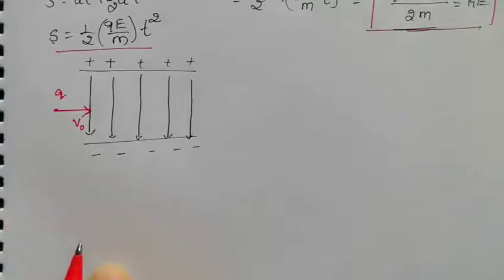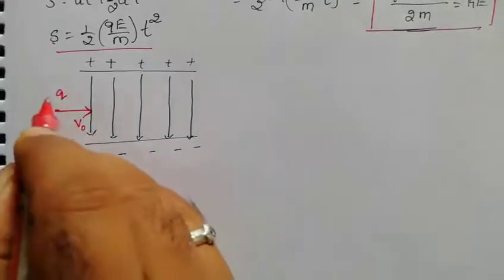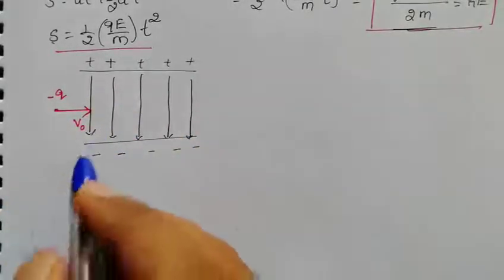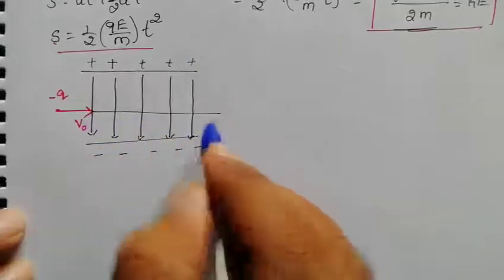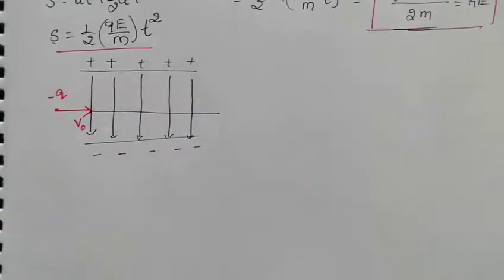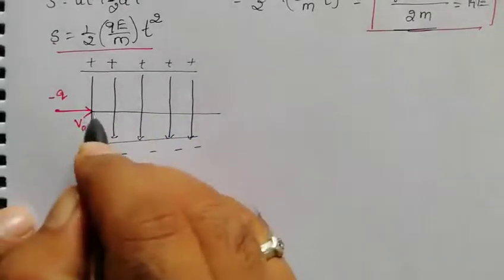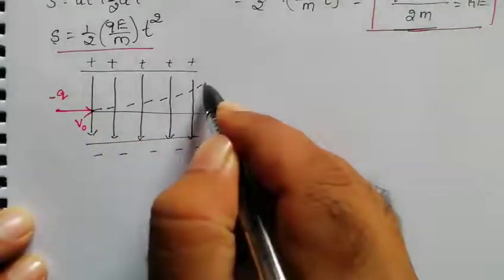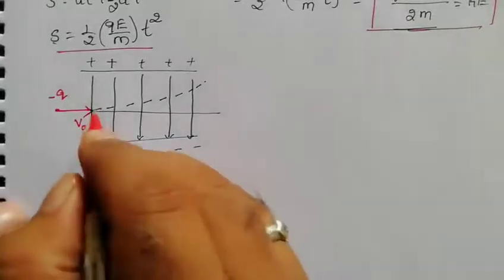Then what will happen? How is the particle going to move? That we need to see. Since we consider the negative charge here, what type of path does the particle need to travel? Its actual path would go straight like this. But because of the electric field, it is not going like this; it is deviating a little, and the particle will go in this fashion.